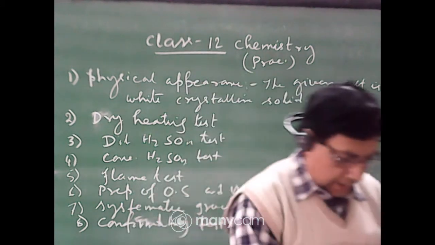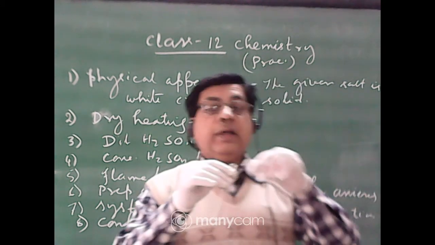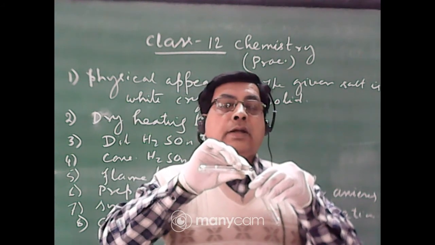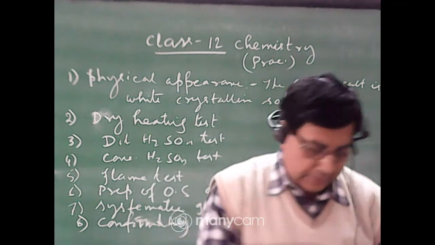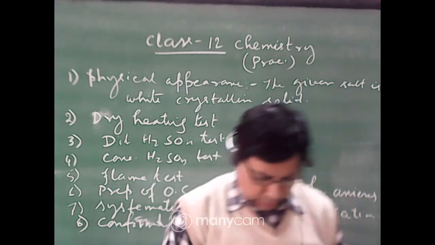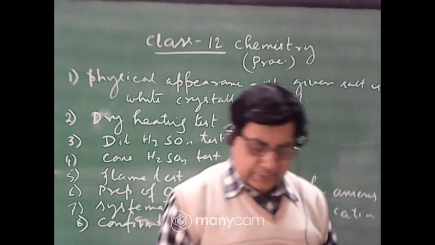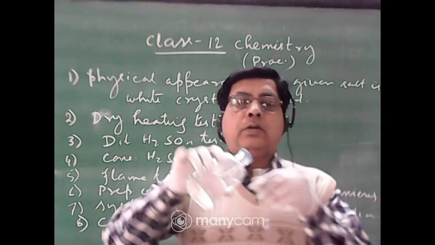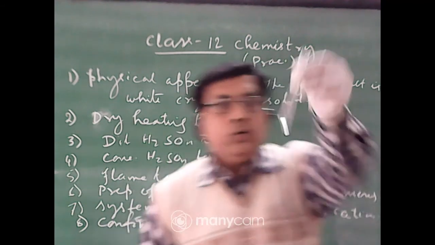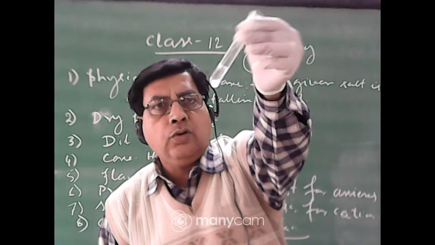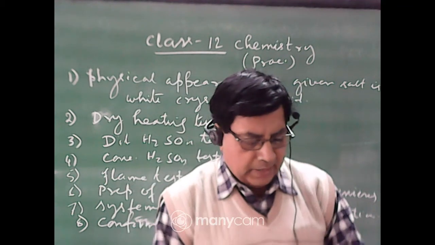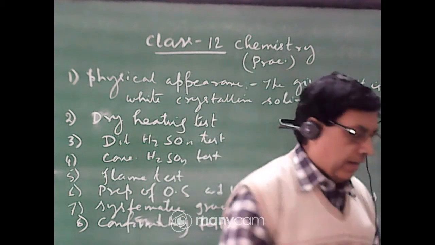Now, as usual test, you take a small amount of OS in a test tube. First you add dilute HCl and observe whether any gas is evolved or not. See, no gas is evolved. There is no effervescence of gas. That means carbonate, bicarbonate, sulfide are absent.